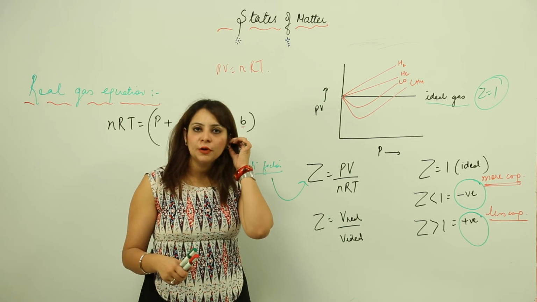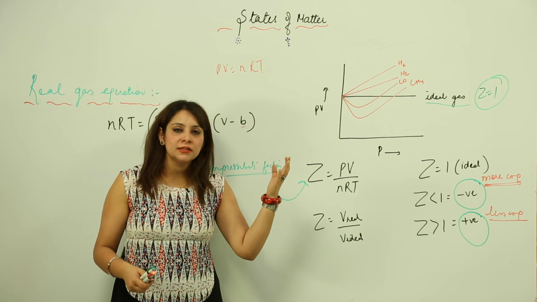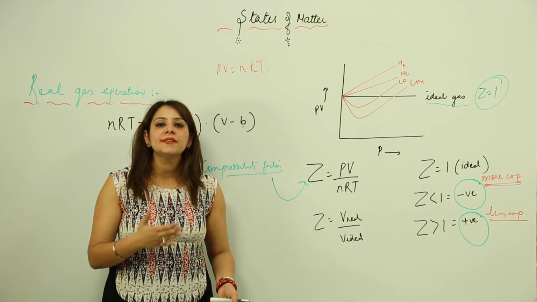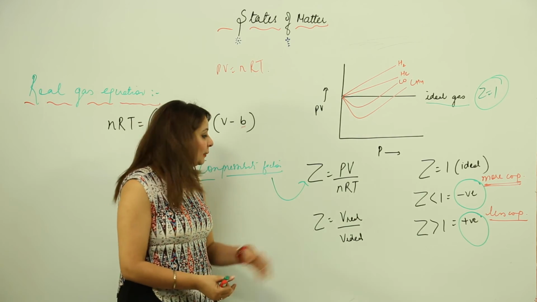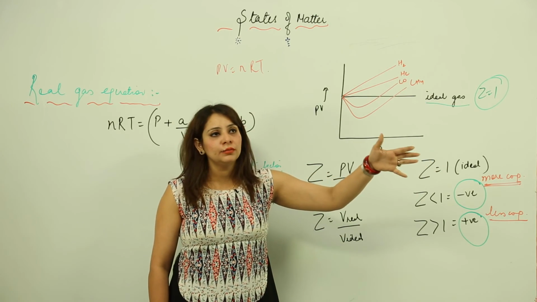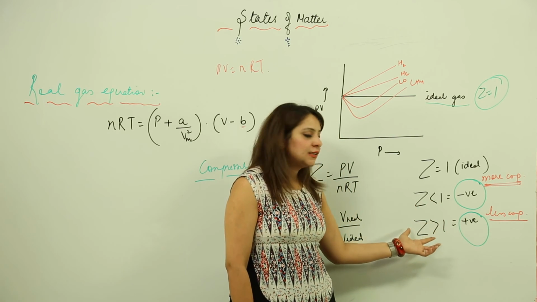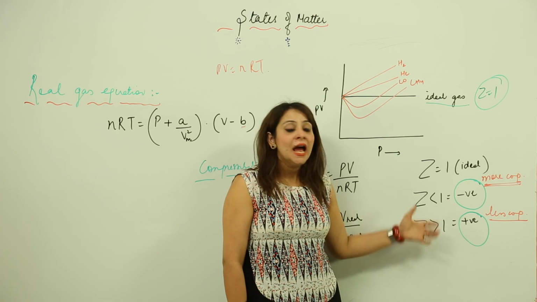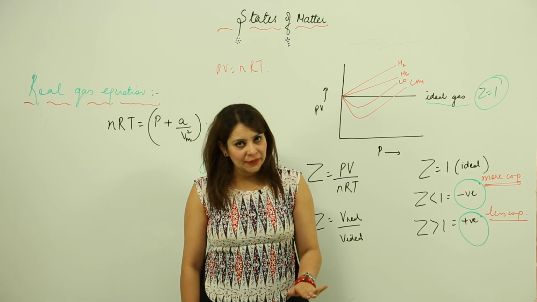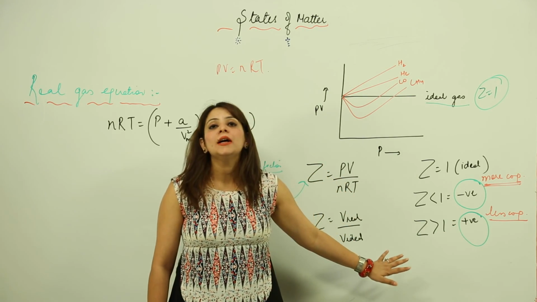If somebody asks you about the compressibility factor, you should be quick with the answer: this term is introduced to make us familiar with up to what extent real gases deviate from ideal behavior, and that is indicated by this ratio. For an ideal gas, Z is 1. If the real gas shows a negative deviation, the Z value is going to be less than 1, and if it is greater than 1, it is a positive deviation. When Z shows negative deviation, the gases are more compressible than expected, and when it is positive, the gases are less compressible than expected. So this is the compressibility factor.